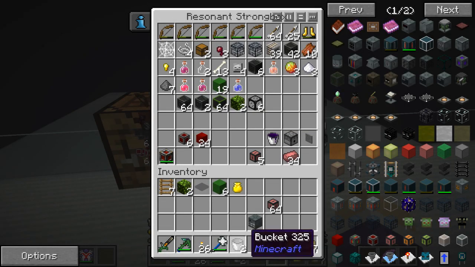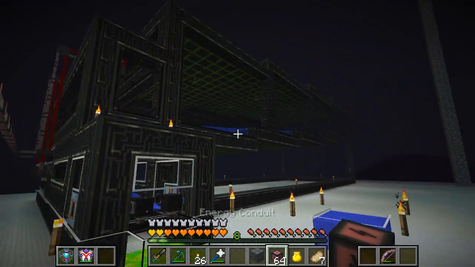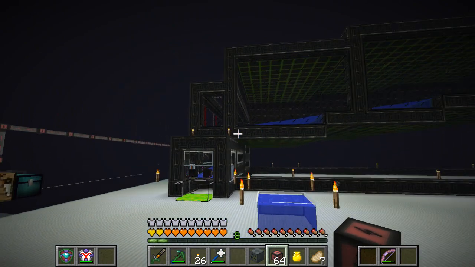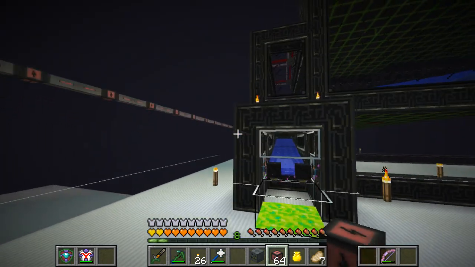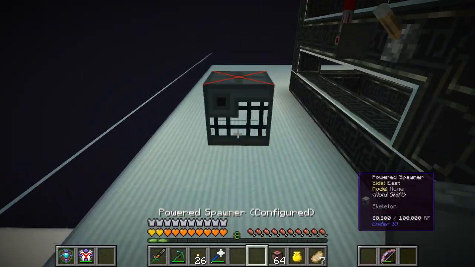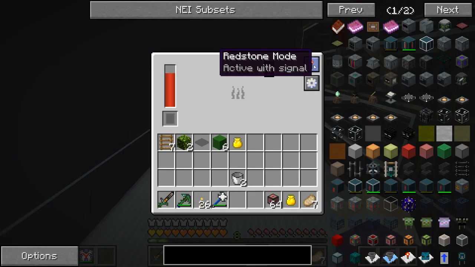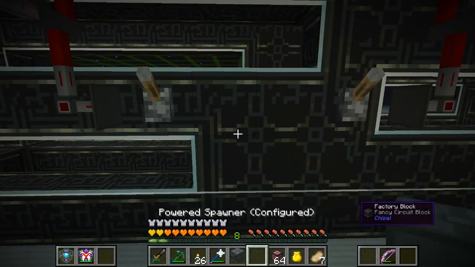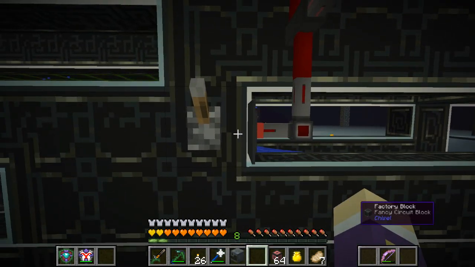Alrighty then, so here we are. I've just finished off the last little bit for the first spawner. I've done all the water all the way back from down there, all the way down here. And now I've just got to put the first spawner in. I've already set the spawner so that it's active with a signal. Okay? And I've turned both of these levers, these little